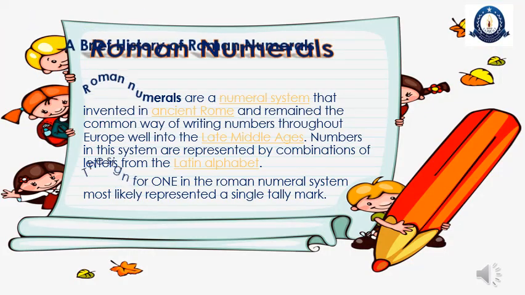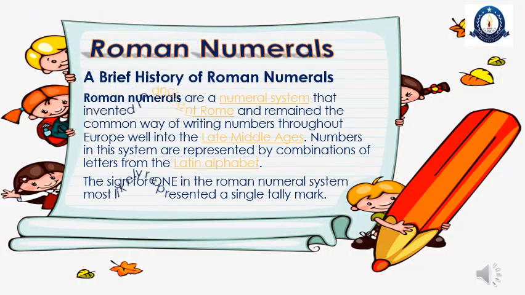Now let's learn about second objective. Second objective is the concept of Roman numerals. The main thing, the key point of this objective is students should be able to write and read Roman numerals. Before starting the topic in detail, before starting how to write Roman numerals, first we will see a brief history